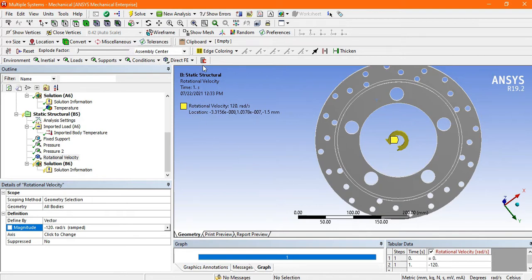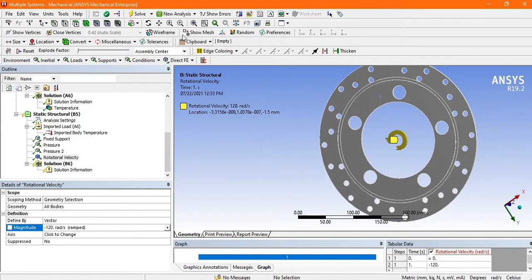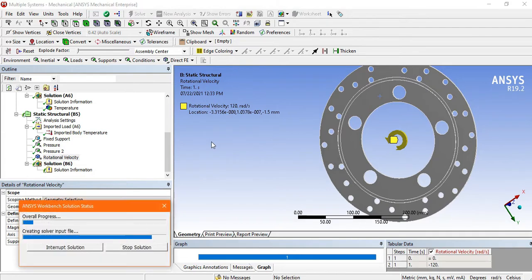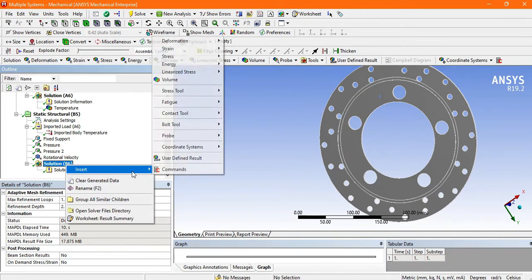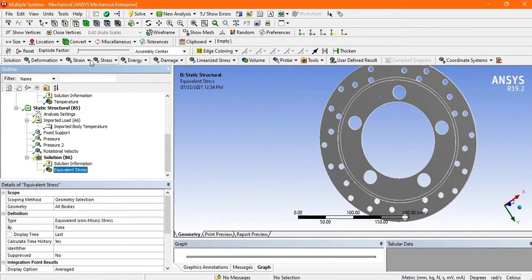Now go for the solution to solve this simulation. Now see, the solution is ready. Now go to the solution, insert, and there is an option, stress, and then again total deformation.